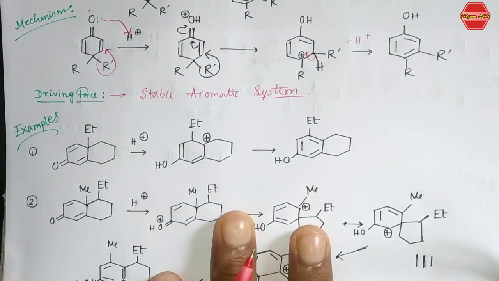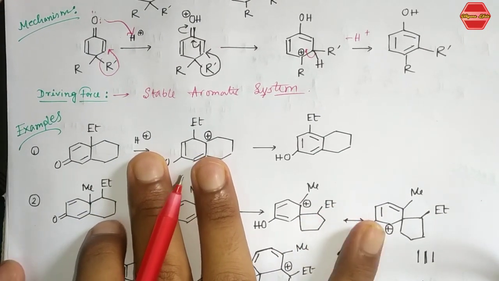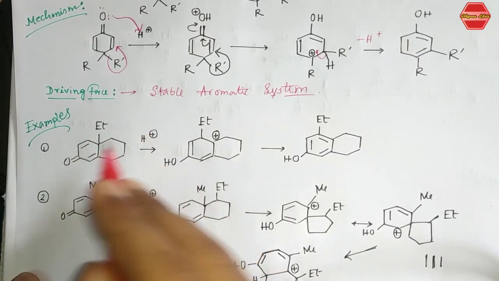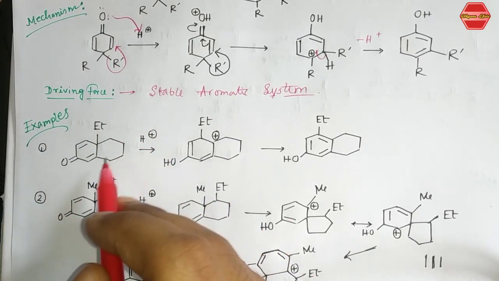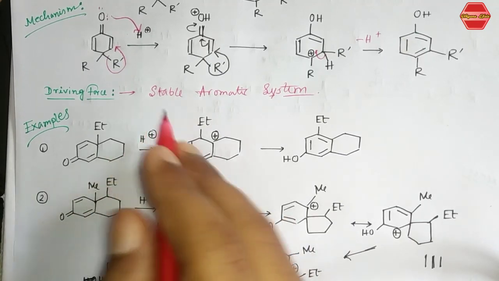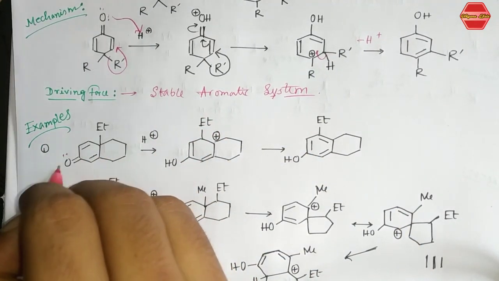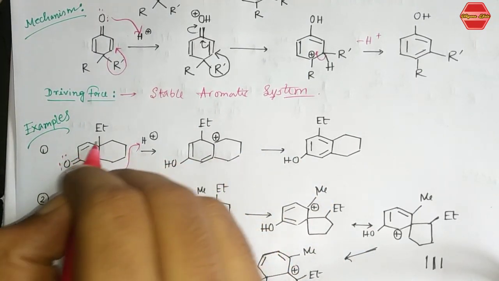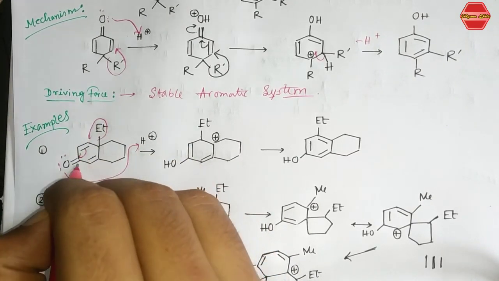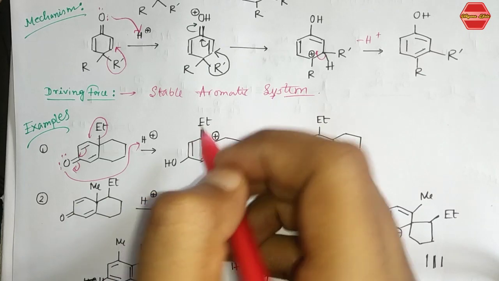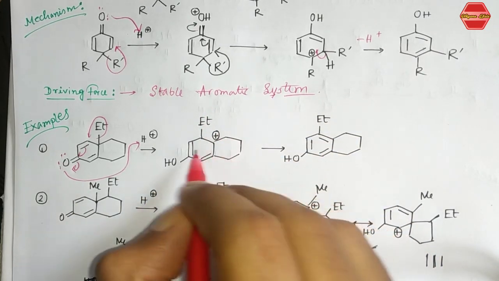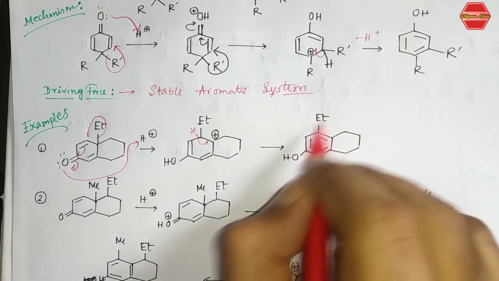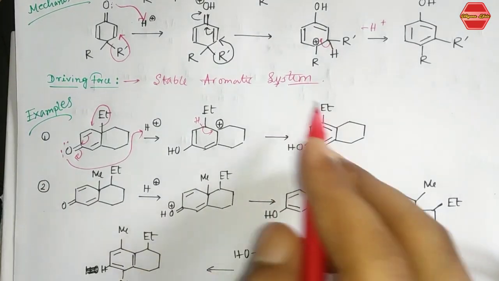Right, now let's see some examples, and we will also solve previous year questions. Now see the first example, you have given this kind of structure, this kind of dienone, and you have placed this H plus. Now what will be the next step? We all know that oxygen has a lone pair. It takes a proton, you are getting this OH plus, and after that ethyl will migrate over here. These bonds go here. So after this migration, this position has a positive charge. So to neutralize this positive charge, one hydrogen will be removed, and you are getting this kind of product. Okay, so this is your rearrangement product.